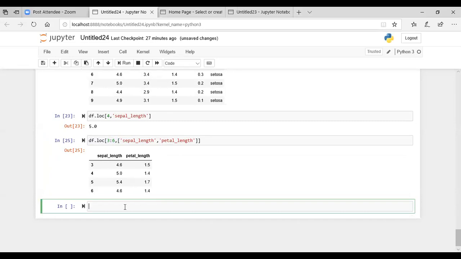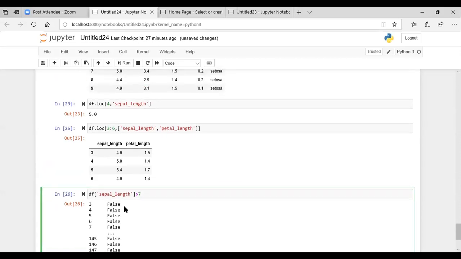Let's say you also want to extract some values from the sepal length which are greater than some specific value. If I want to find out only the rows whose sepal length is greater than 7, or instead of 7, let me make it 5 here.